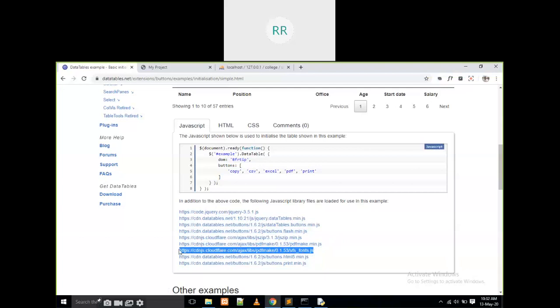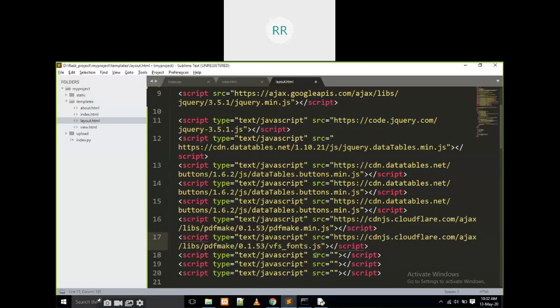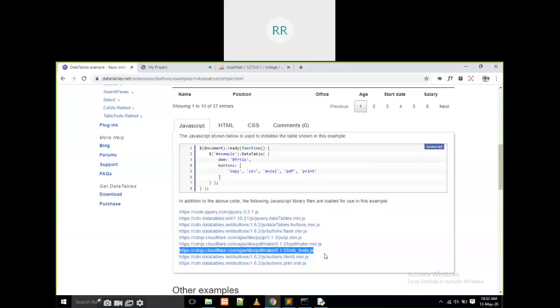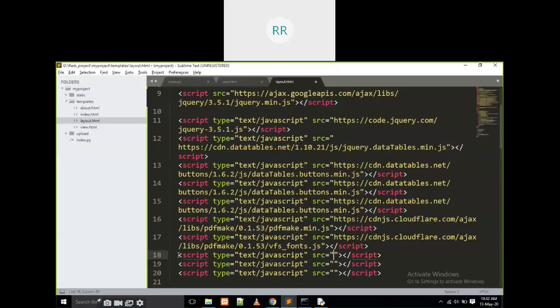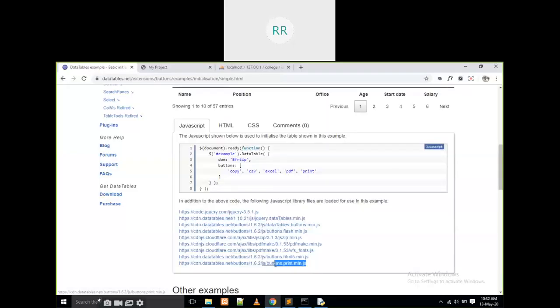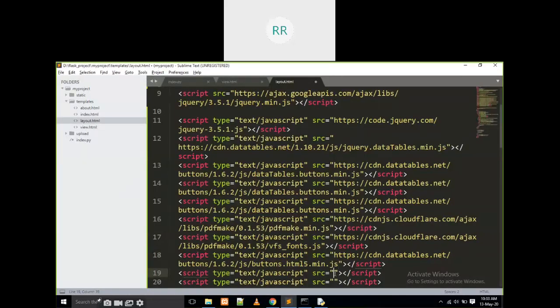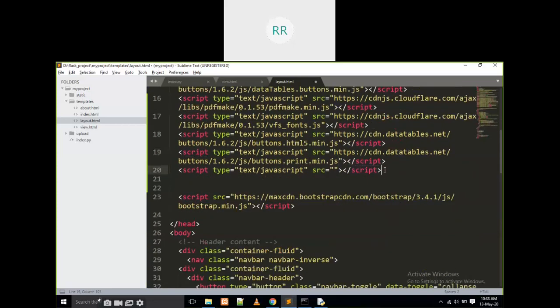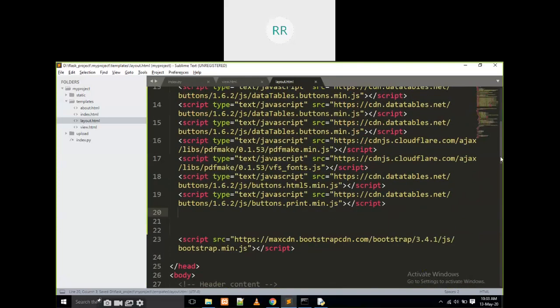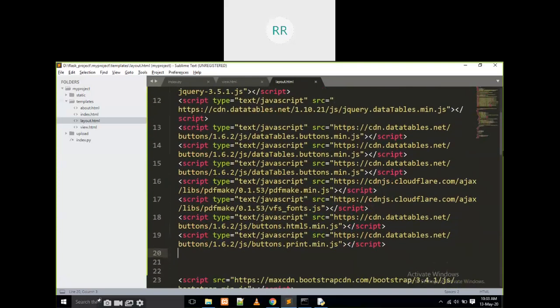Don't be confused here. Just give some time, and we have to copy and paste it. No problem. Don't make any mistakes when copying and pasting. And the last one, there is only one thing. That's it, the last one is not needed. Yes, I imported all the JS files.